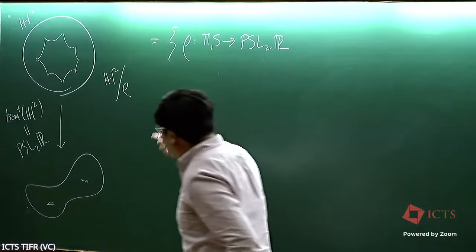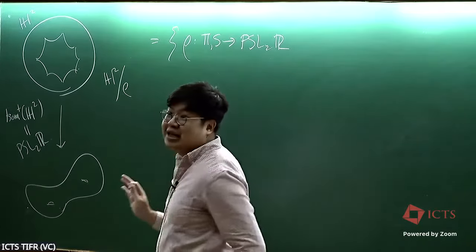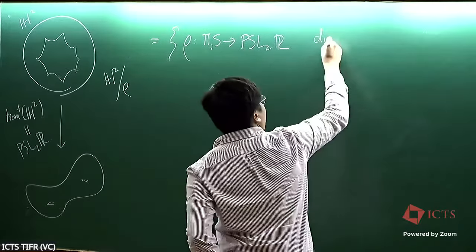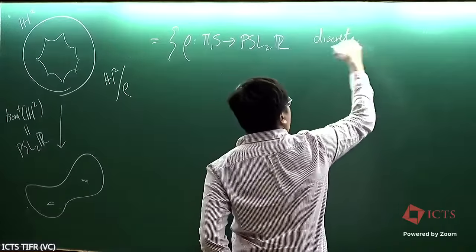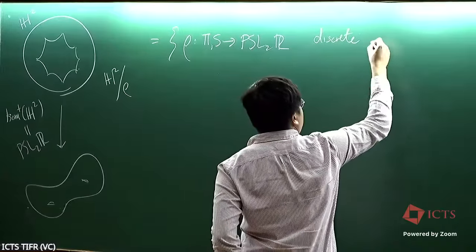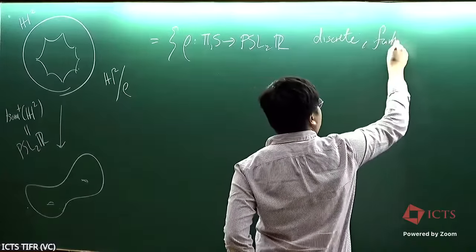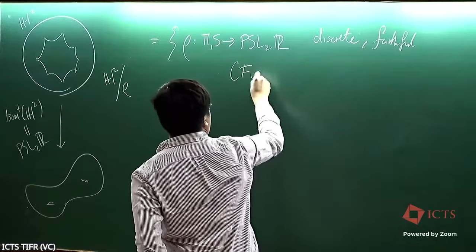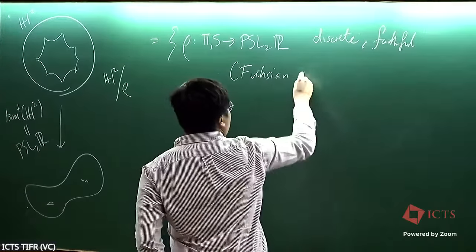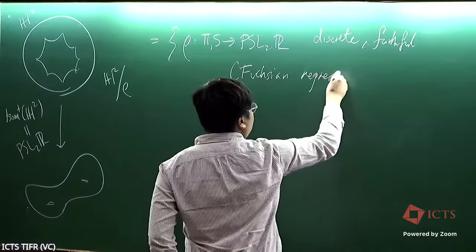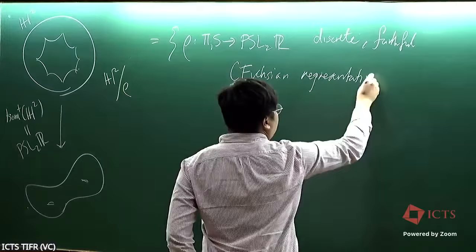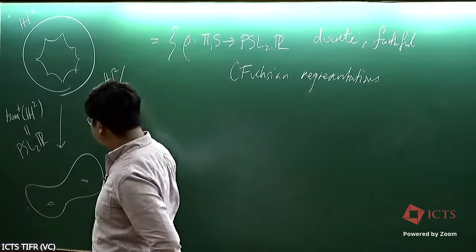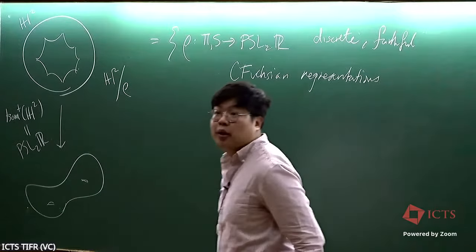There are, of course, some conditions. I clearly just can't take the identity map, right? This is no good. So the two conditions are that it's a discrete map or a discrete homomorphism and that it's faithful, so that is to say injective. And if I have these two conditions, these are often called Fuchsian representations. Then I could take the quotient of H2 by this representation, and this will descend down to a closed surface